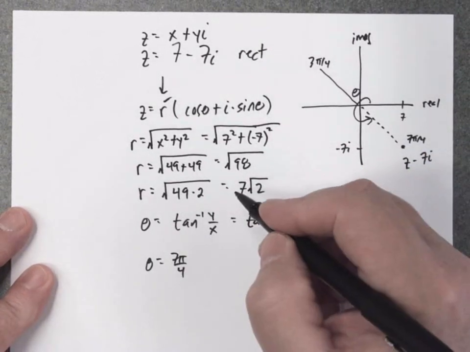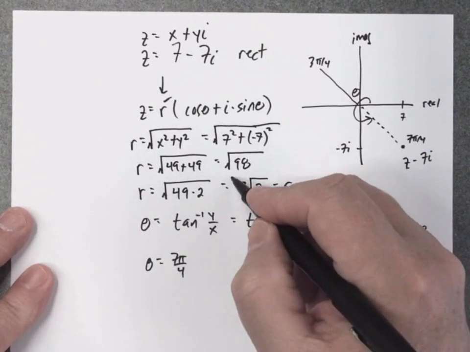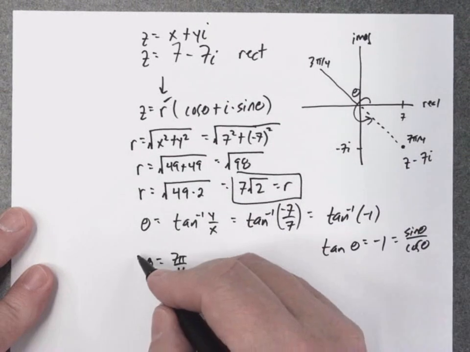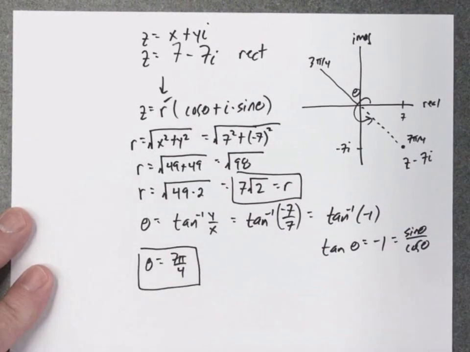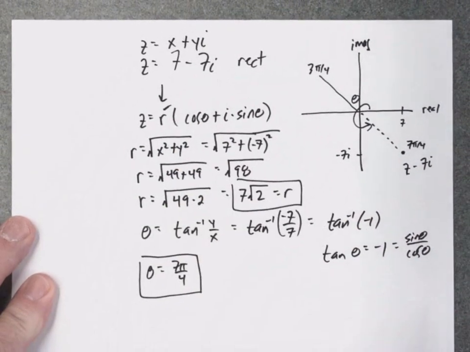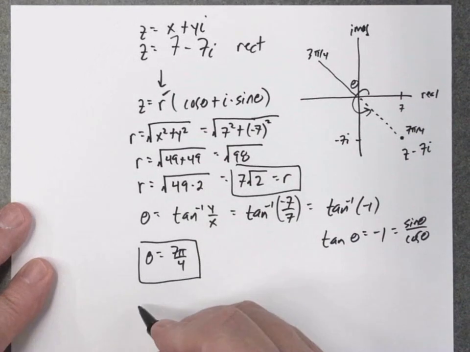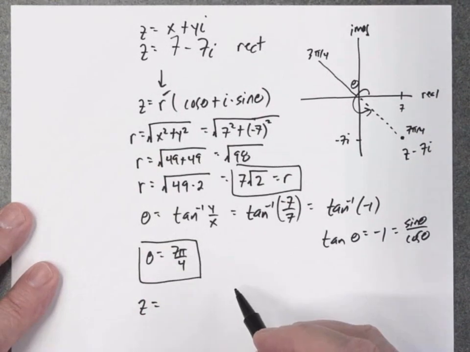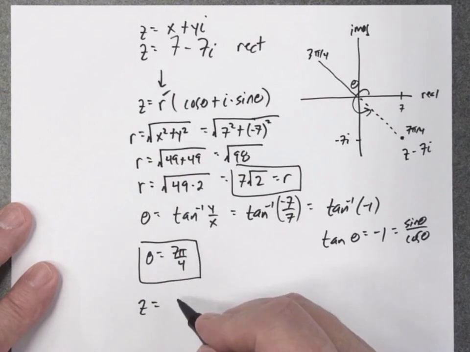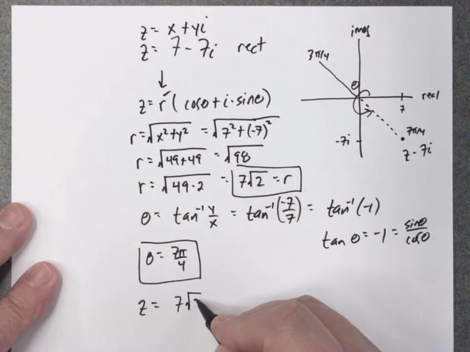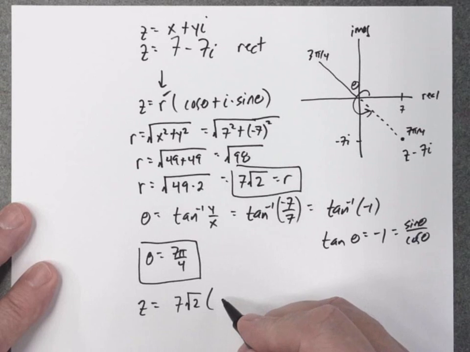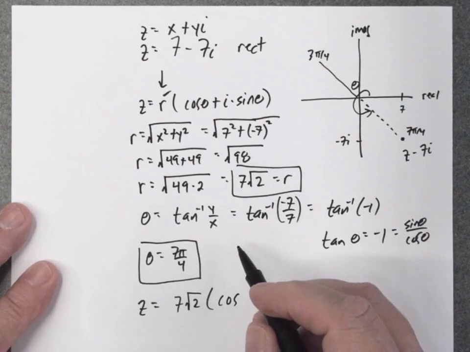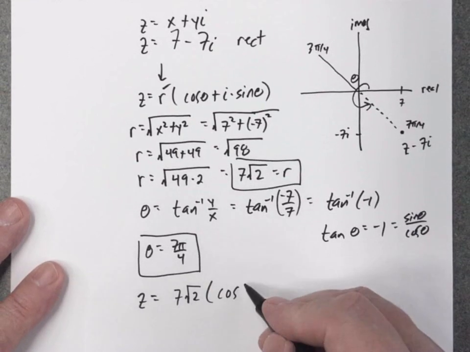So now I've determined R, I've determined theta, so now I can rewrite this complex number in the polar form. So it's R, 7 square root of 2, times cosine of theta, theta is 7 pi over 4,